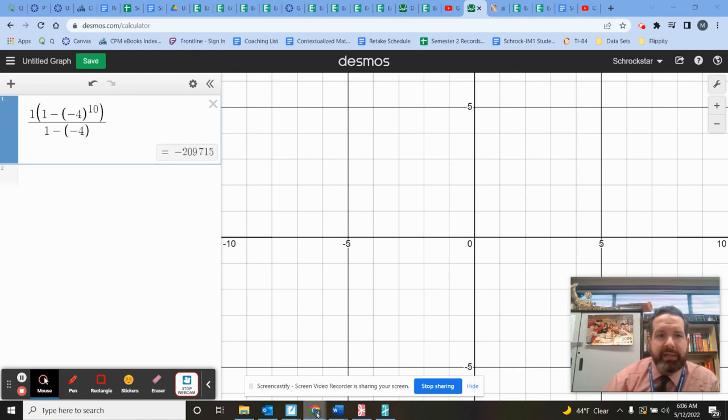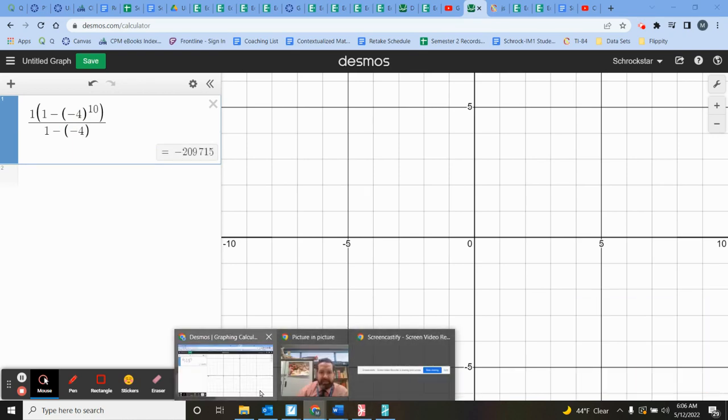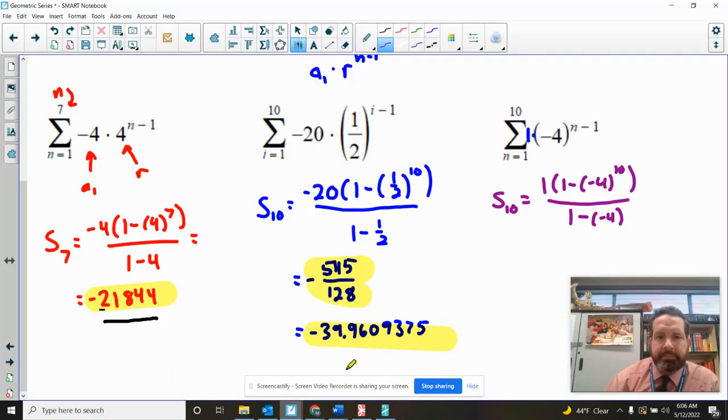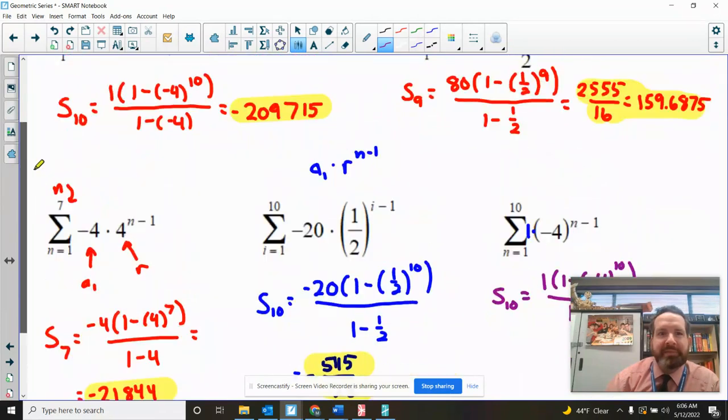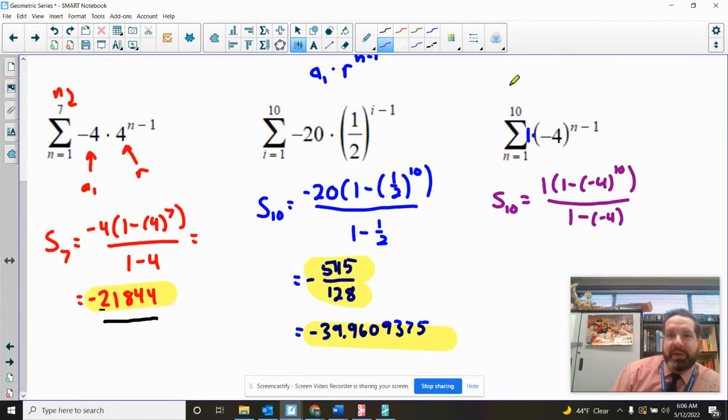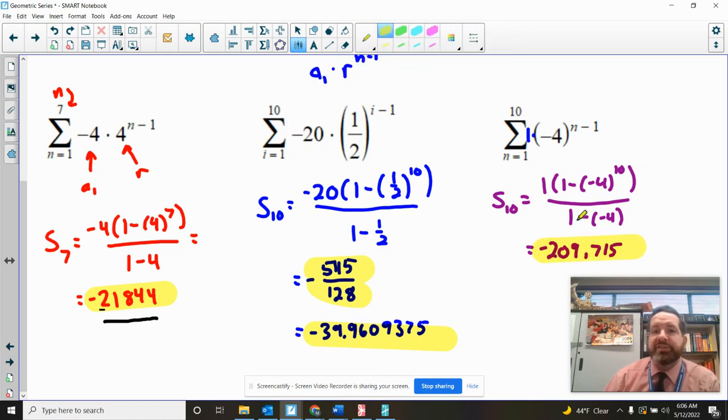So -209,715. Did we do that exact same thing earlier? We did that exact same thing earlier. Look at that. Well, nice to know that we can represent that in 2 different ways. So -209,715. So the takeaways. I need you to recognize the structure. If it's number times number to power, that's a